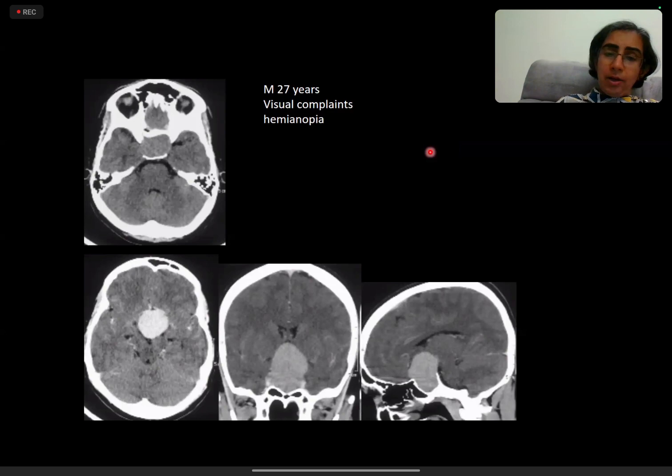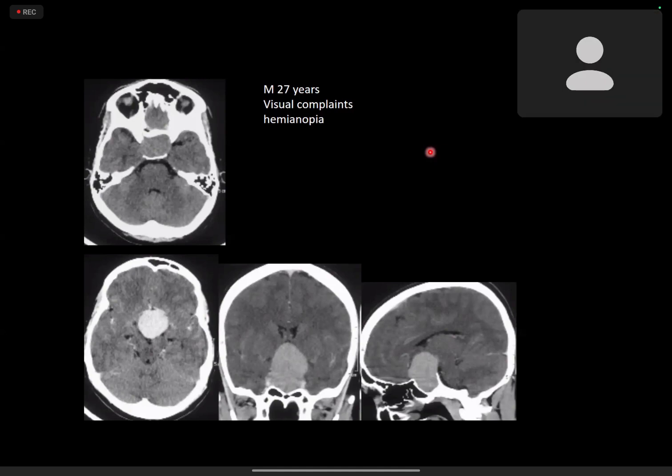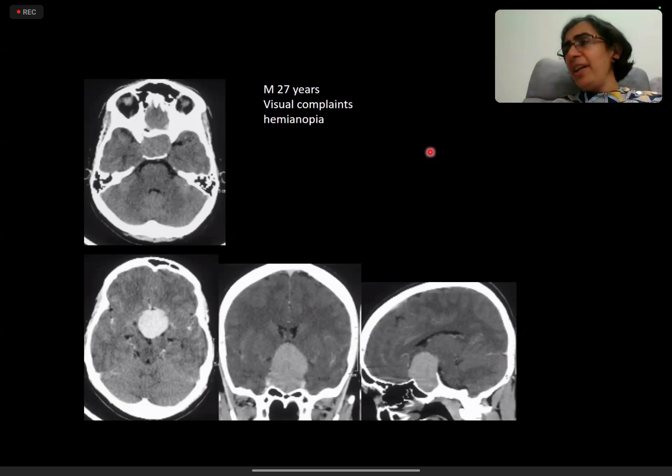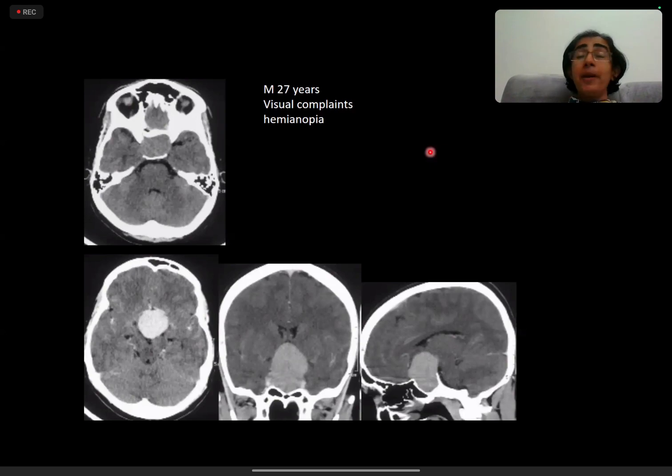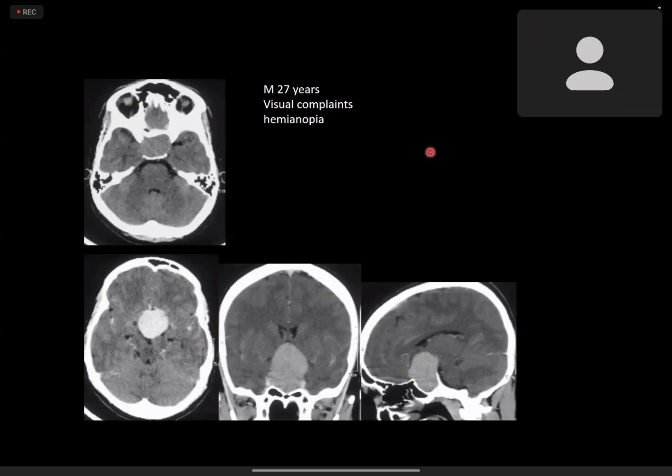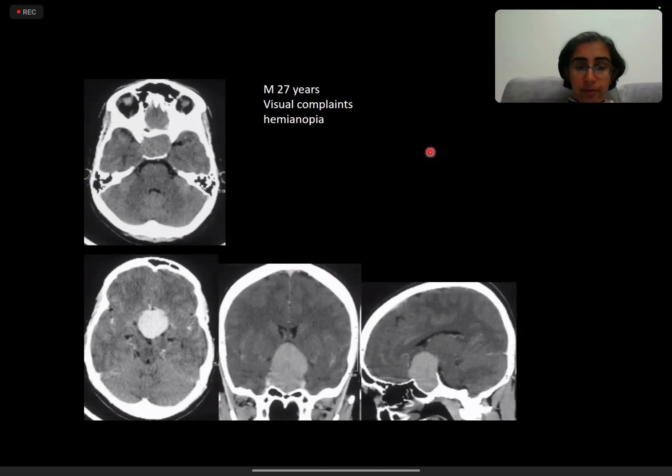What other differentials you can think of based on this scan? You said meningioma, very good. Pituitary macroadenoma, meningioma. Another less likely would be craniopharyngioma. But craniopharyngiomas generally don't have such homogeneous enhancement. With such intense enhancement, you know what I would be worried about? I would be worried about missing an aneurysm, a suprasellar, supraclinoid ICA aneurysm. Okay, so that is one thing we have to mention.